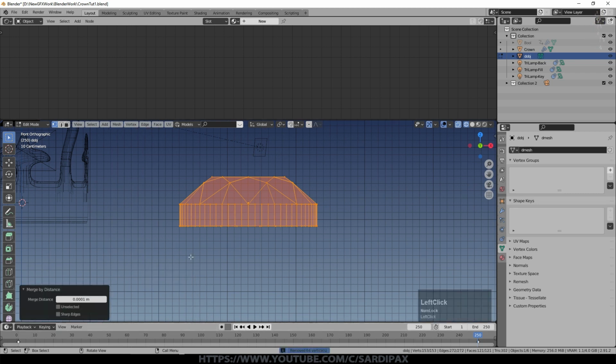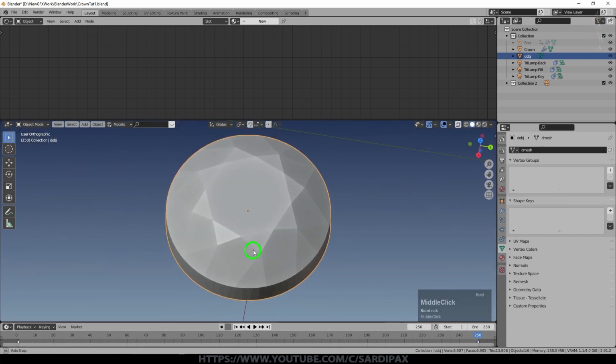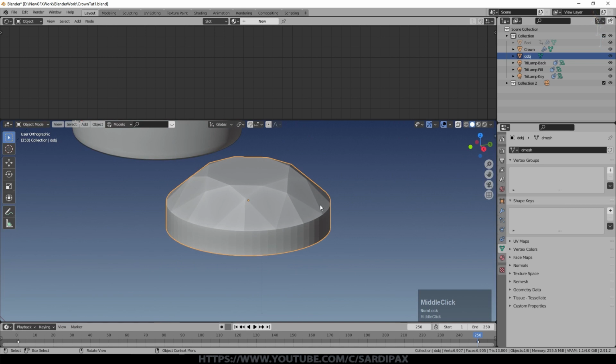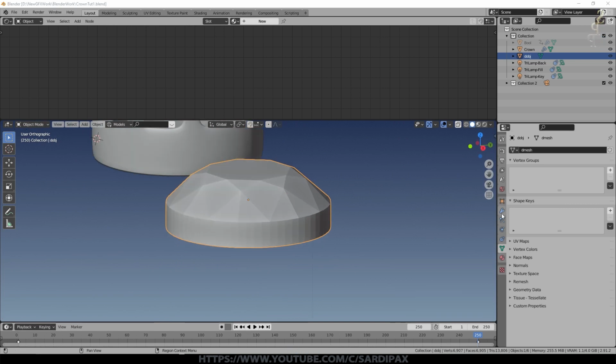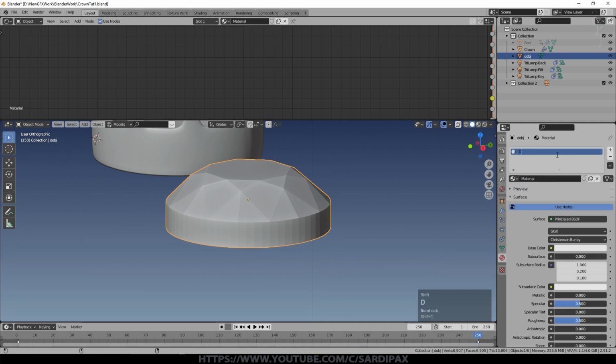Now you will need to select all of the vertices and then go under mesh, under cleanup, merge by distance, and you can see it's merged 64 vertices because they were right on top of each other. So we've now got a simple gem that will do for our purposes. We just need to give it a material name. So we'll go to materials and we'll say new, and we'll call this one diamond.